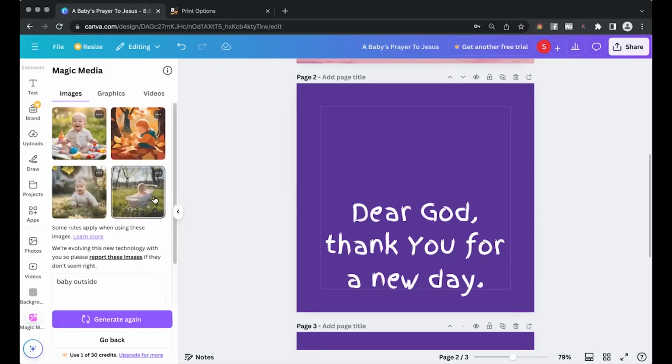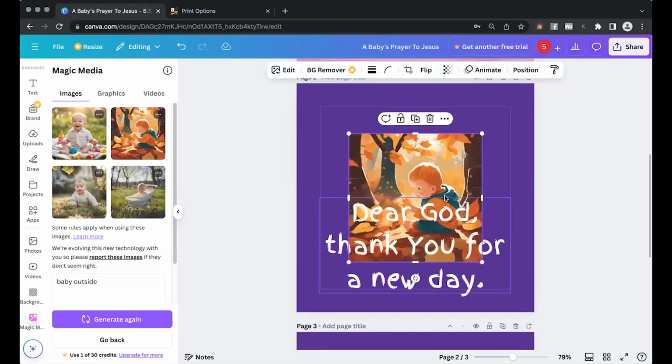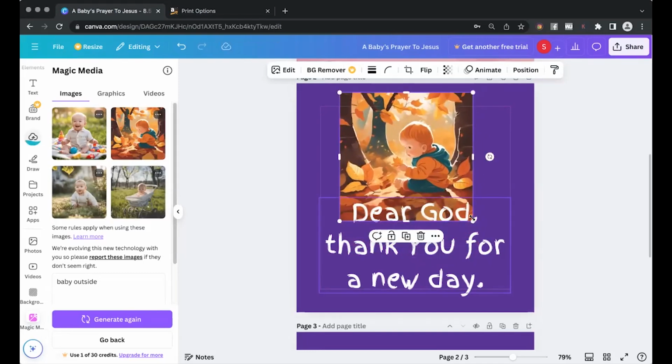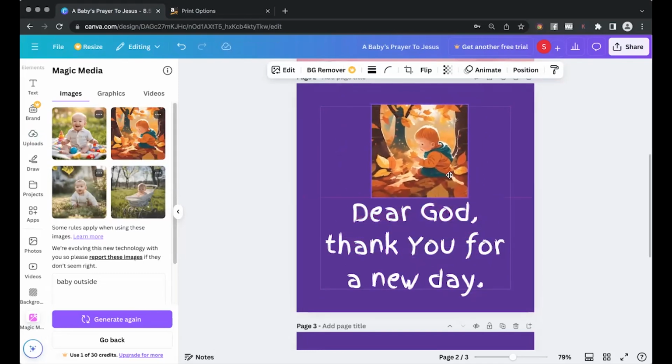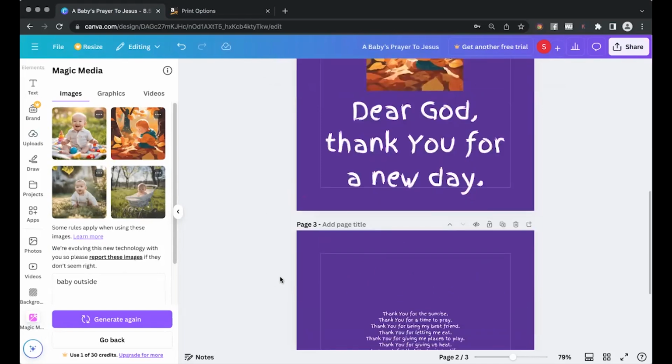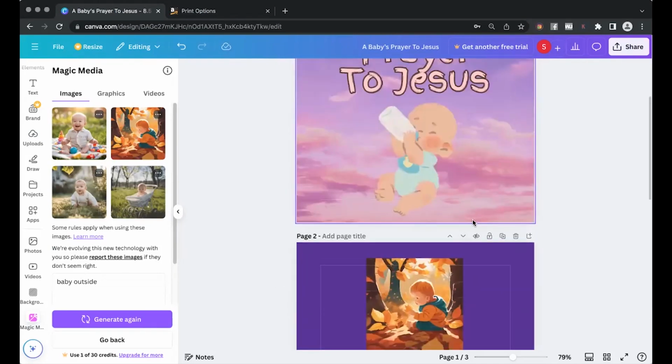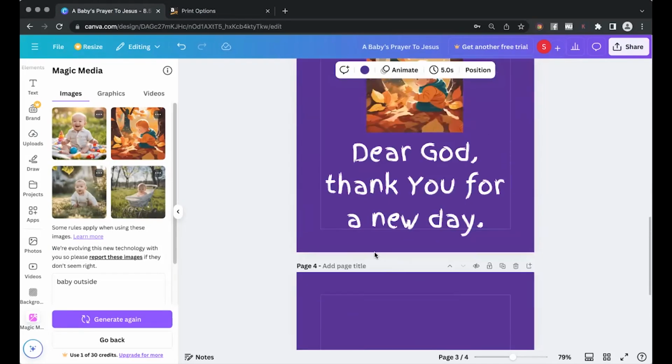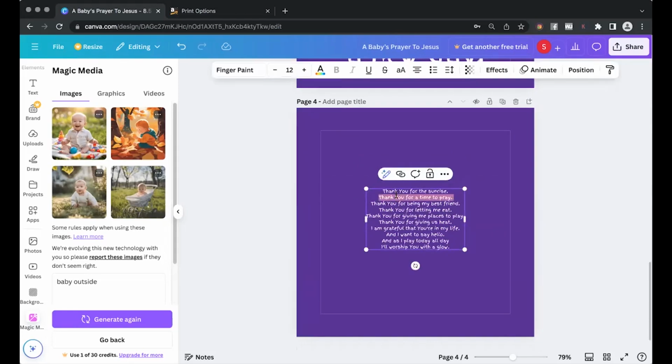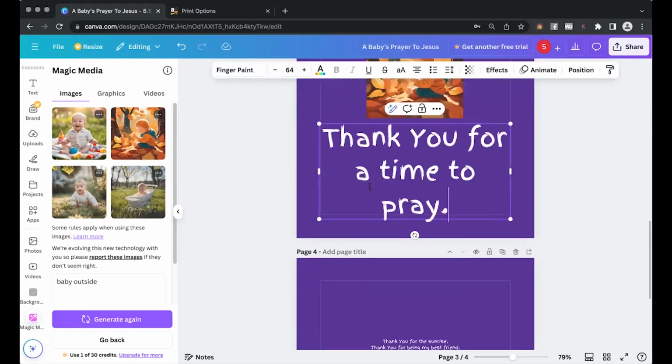Oh, look at these babies. Look at these babies. So that could be this page. Thank you for a new day. And then I would go ahead and duplicate this page. Thank you for a time to pray. And then I would go,